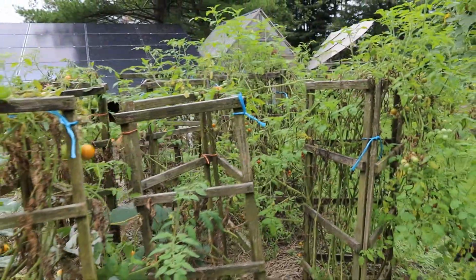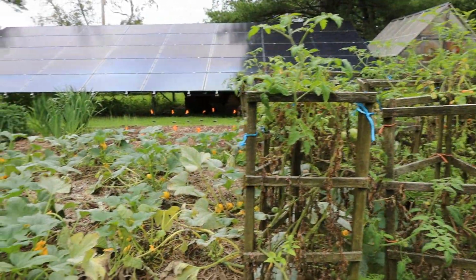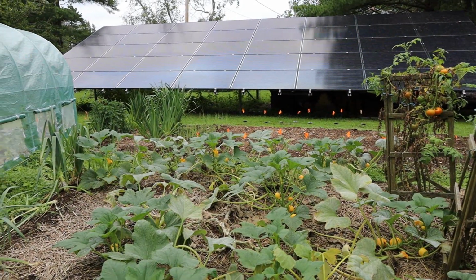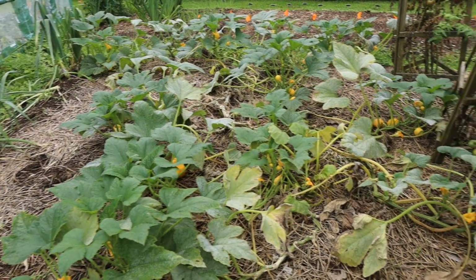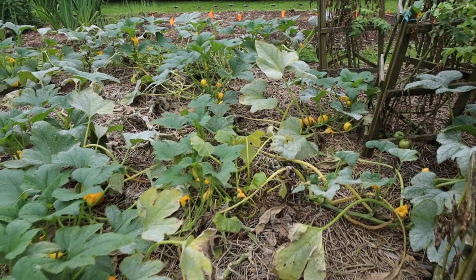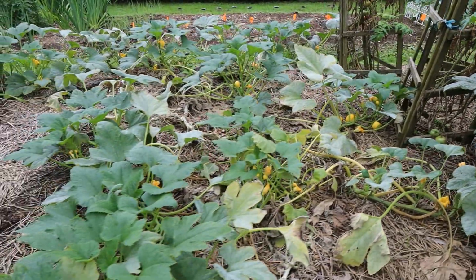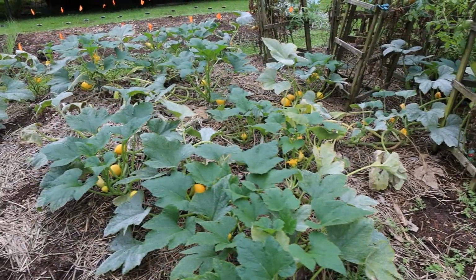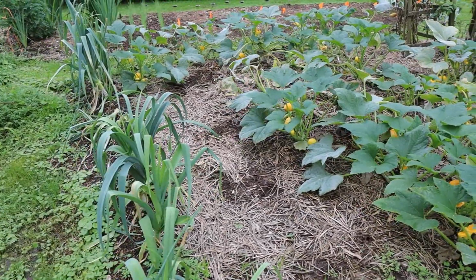The tomatoes have been successful this year, and that brings us to the formal summer squash planting. Let me aim at them a little bit better. And the so-called lemon drop summer squash, which are the roundish yellow ones, have done much better than the other two varieties. In fact, I don't even see any of the other two varieties showing anymore,